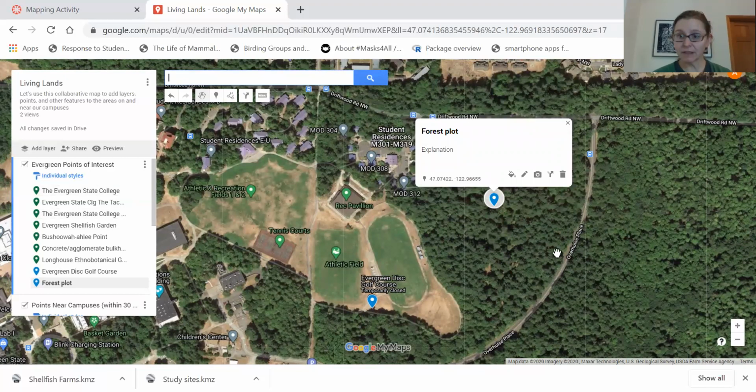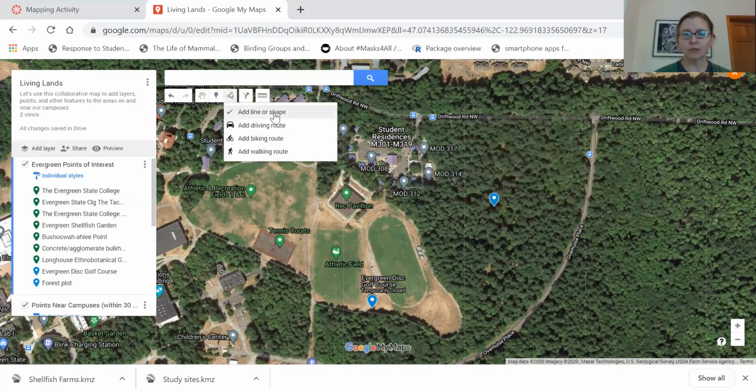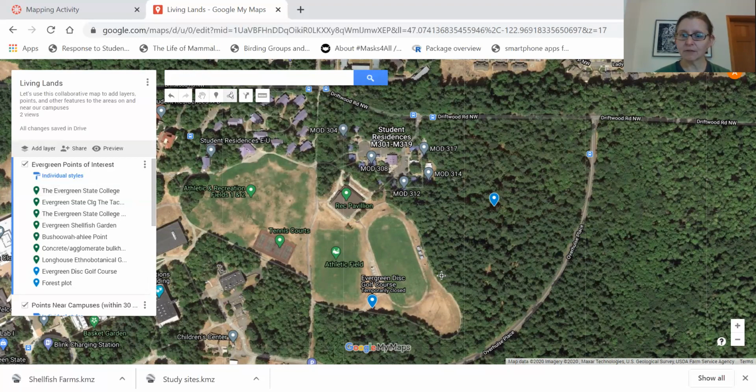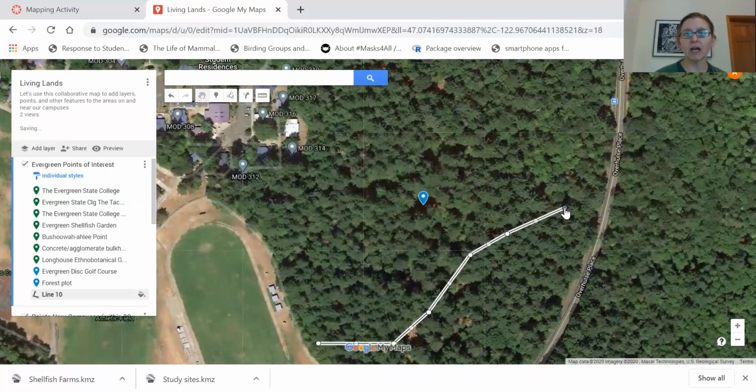If you want to add something like a trail or a polygon, you can use this feature here that says draw a line. And when you add a line, you simply do that by clicking on your starting point and then dragging your line. If your line is not a straight line, you can click your mouse along the route that you want to take. And when you're done, you simply double click that,